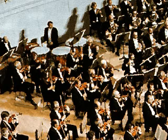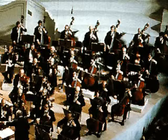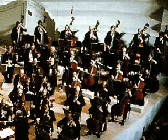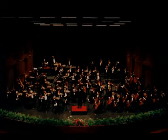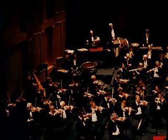Or Ravel, blending all the families to create waves of color. By dynamically changing orchestration, a composer makes the orchestra come alive. In the opening of Beethoven's 5th Symphony, we can literally see and hear music spreading throughout the entire symphony orchestra,